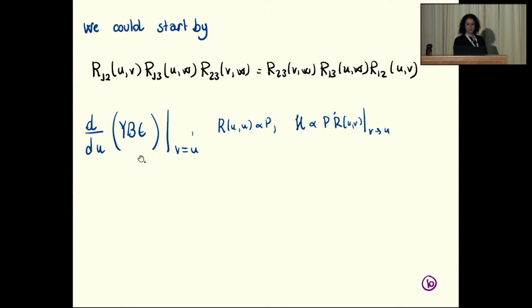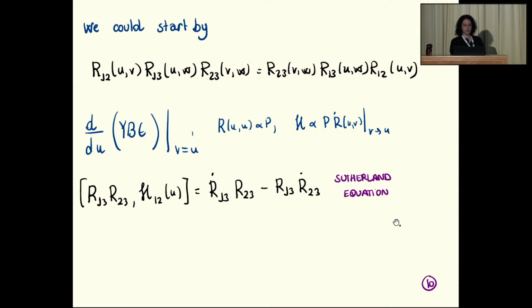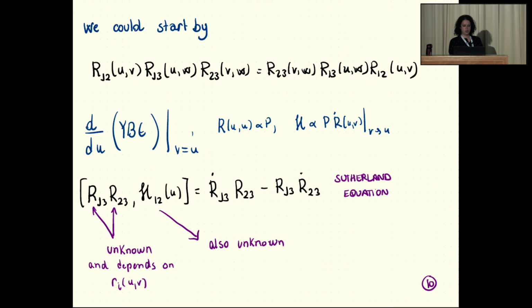But we could also put these conditions we know here, these conditions we assumed at the beginning, and we will get what's called a Sutherland equation. And let's say we would like to solve this equation. The hard part here at this moment is that we don't know the Hamiltonian and we don't know the R. So we have these differential equations with too many unknowns. Especially for non-difference form, it's very hard.